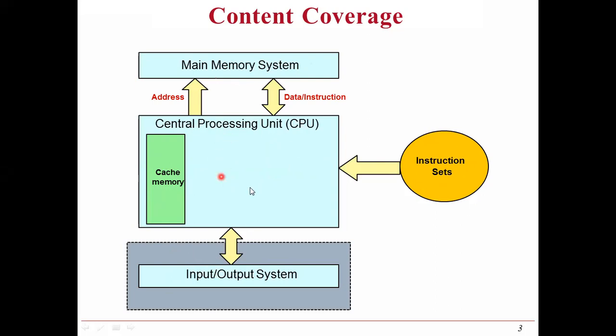If you see the diagram, what is the operation of this diagram? The first one is the input system. From the input system, we are giving the input to the processor. That means if you are taking any program, it contains a sequence of instructions. That means all the instructions and all the data will be stored in memory.